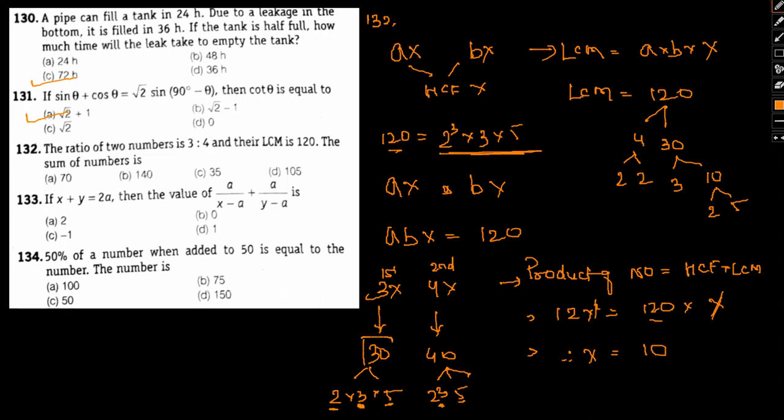So the numbers are 30 and 40, so therefore the sum will be 30 plus 40 equal to 70, that is this one. We could have solved this in another way. Basically all we had to do was split all these options in the ratio 3 is to 4, and whoever matches our description of giving LCM 20, that could have been one way to solve the same as well. So either way you could have done the same.